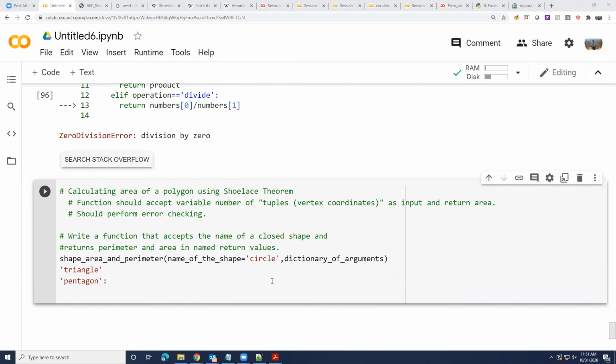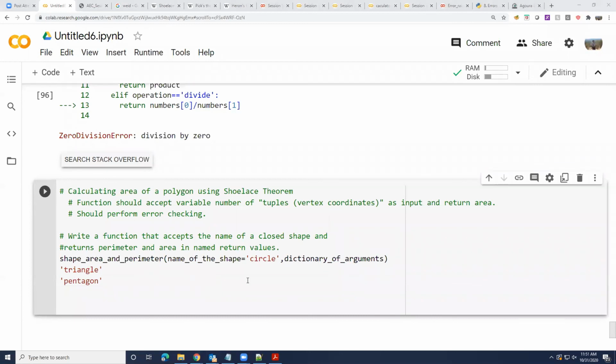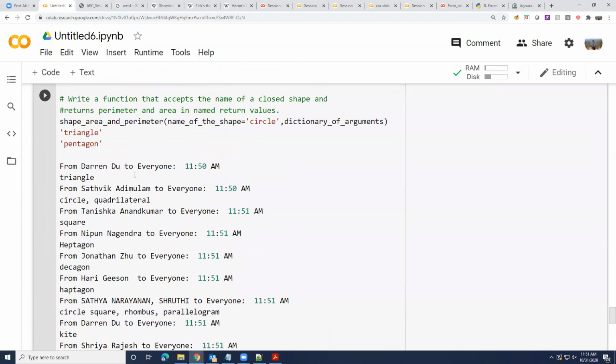Actually, let's stick to somewhat more kite. Kite is wrong. Oh, okay. Wow, you guys want very hard ones. Okay, fine. If you want it, you can have it. Okay, so I'll just take whatever you have typed so far and pick those. Yeah, you can stop now. Pyramid is a three-dimensional thing, right? So we'll do that also sometime. Okay, I'll copy from all the way from Darren's input to this and take all this.